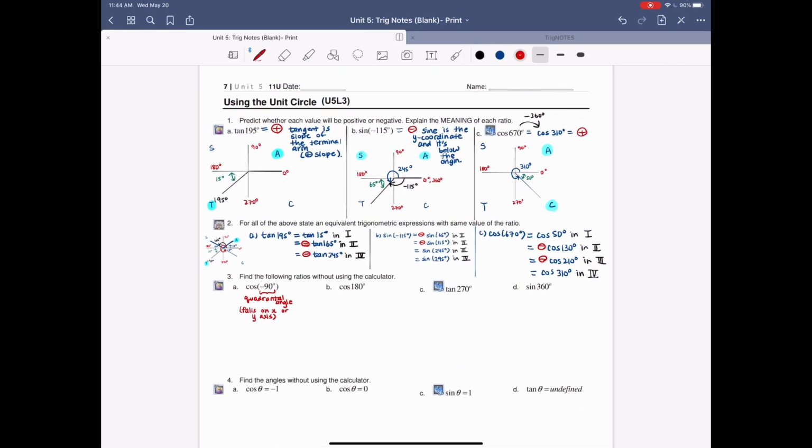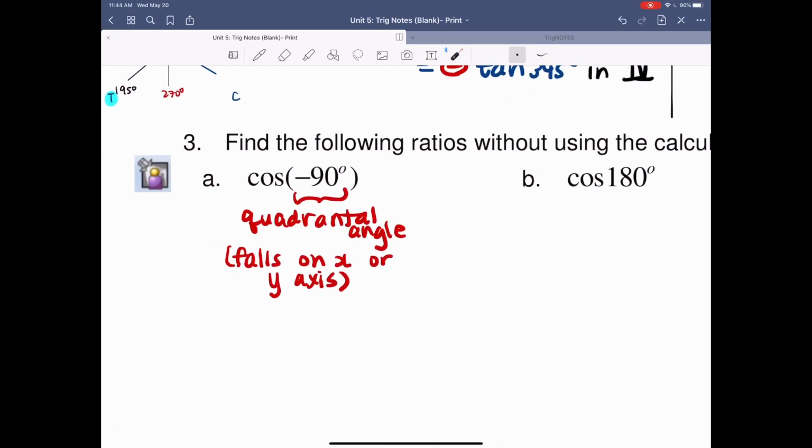Instead of having an angle that falls in between, you're going to have an angle that falls exactly on the x or y axis. And if you look at those angles, negative 90, 180 degrees, 270, 360, those are all quadrantal angles. So for cos negative 90 degrees,